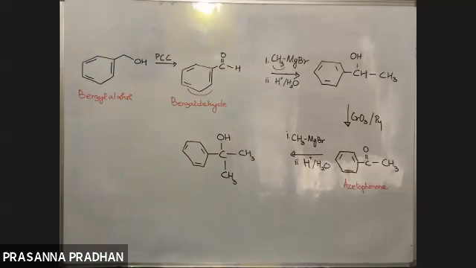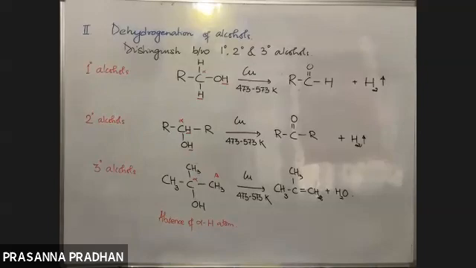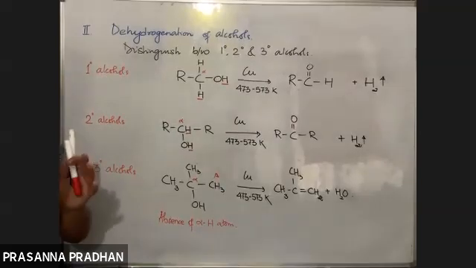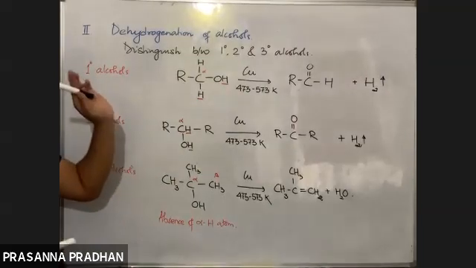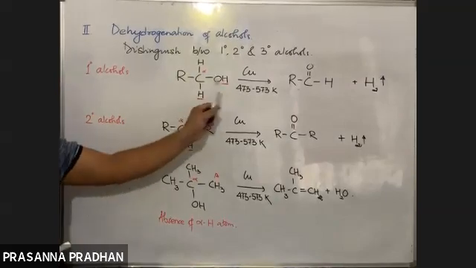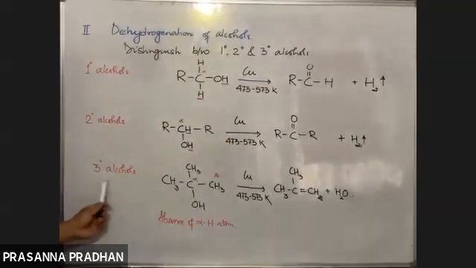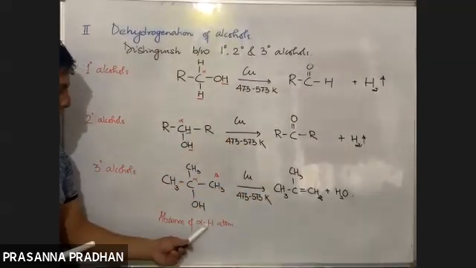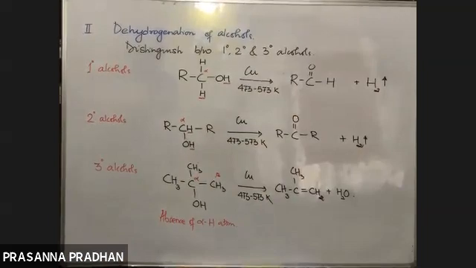Okay, again the same sequence has been discussed out here. So yes, oxidation of ketone plays a very important role. Dehydrogenation of alcohols is a very important topic. Just 2 things need to be remembered: conditions, copper and temperature, right? And how is hydrogen being lost? 1 hydrogen from OH and 1 alpha hydrogen. That's it. So a 1 degree alcohol gives an aldehyde, a 2 degree alcohol gives a ketone, and a 3 degree alcohol does not undergo this because of the absence of an alpha hydrogen. So it will form an alkene, like this.